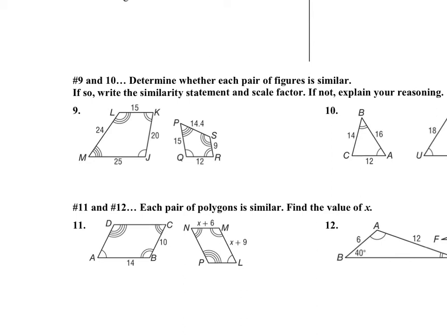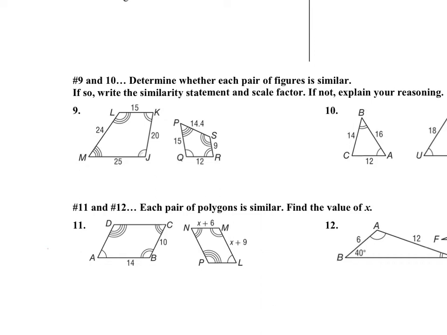Right, so for numbers 9 and 10, we need to determine whether each pair of figures is similar. If so, we need to write the similarity statement and the scale factor. If not, we need to explain our reasoning. So remember that for us to be able to determine that they are similar, we have to have congruent angles, and then we have to have proportional sides. So if we look at our angles first,